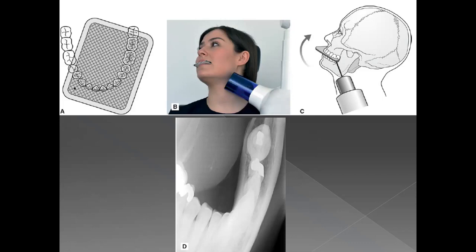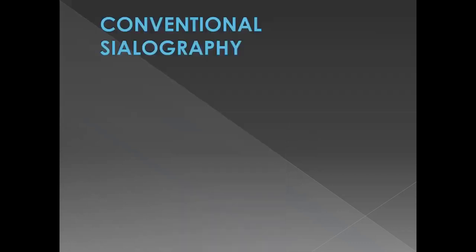Or you can do this oblique view of the mandibular occlusal X-ray. So in this, you will hopefully be able to pick up a stone if it is calcified. All right. So that brings us to the end of occlusal X-rays. If there are any questions, I'll take them now. Otherwise, I'll move on to